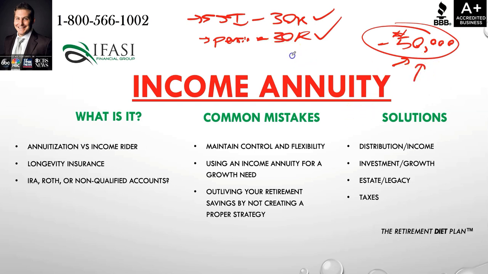What typically happens is an individual will hear from an advisor that would say, oh yeah, place your money in here. We're going to give you that 7% guarantee on your money. And that 7% guarantee is not an actual guarantee. It's just the income base, the calculation percentage. That's where they're using an income annuity for a growth-related need. This individual was tricked into thinking, oh, I'm getting a 7% rate of return on my money, when that's not the case. It's only on the calculation account. So that's not their true money. Their true money is not gaining by that dollar amount.